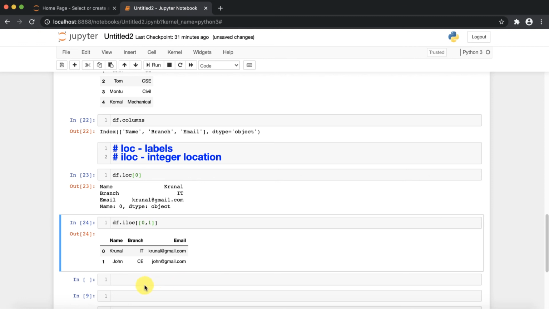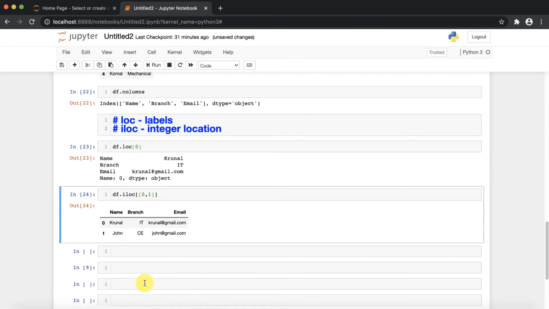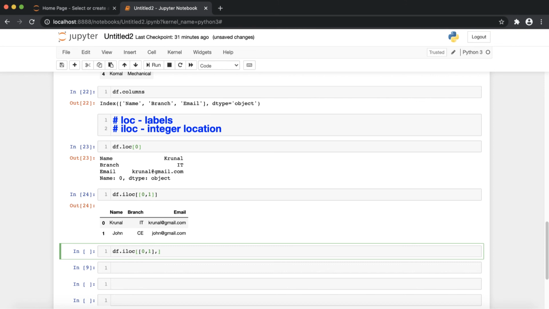Based on that, if we want to select columns, then how can we define the values for the particular column? Let me print df.iloc, 0 comma 1, and I need to provide the column.